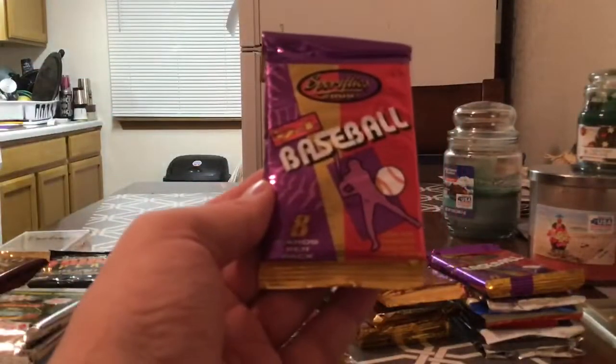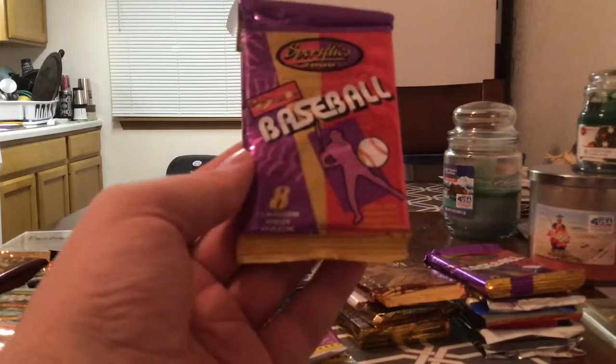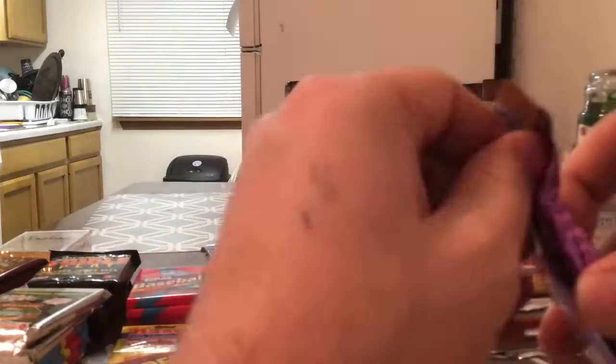This is Sportsflix 1994 baseball. Really don't have any idea what's going to be in here. That's kind of why I like to open these junky packs. They're cheap, so even if you don't get much, it's not a big deal. I kind of thought these were